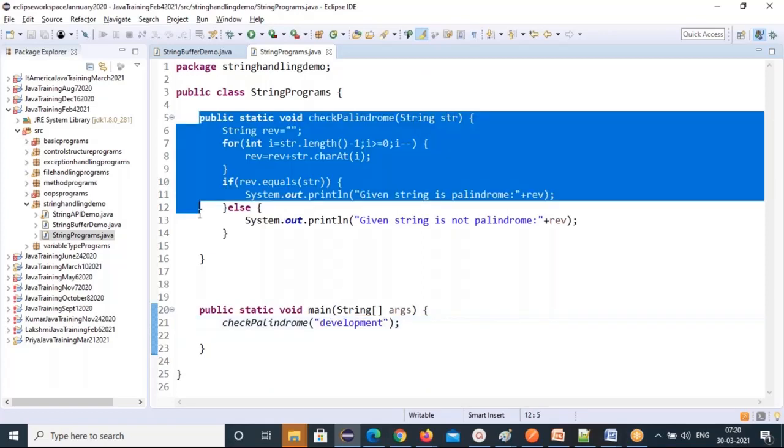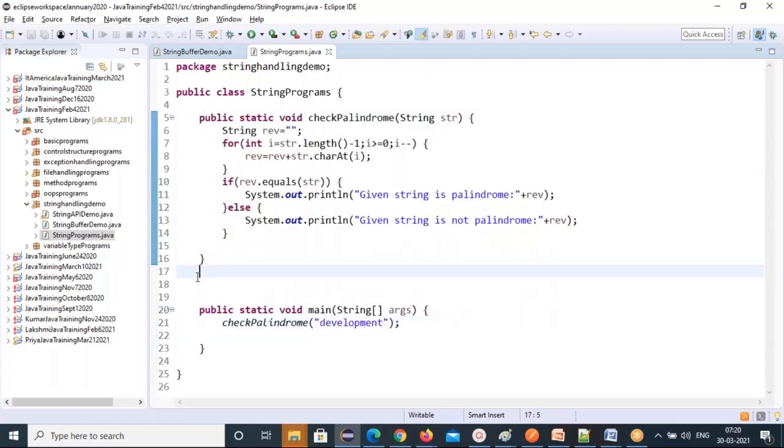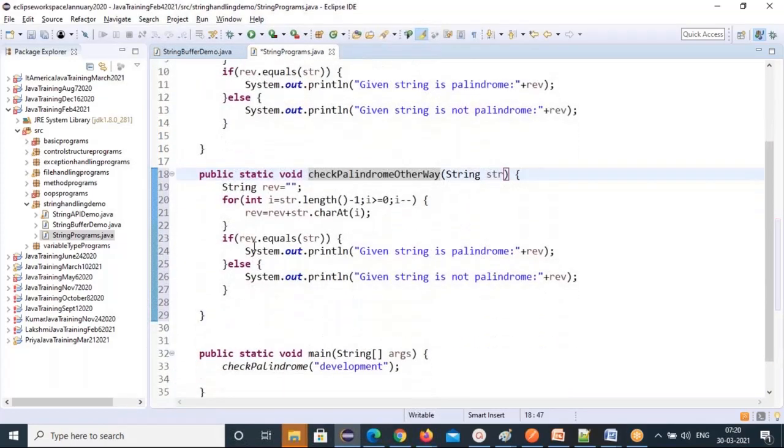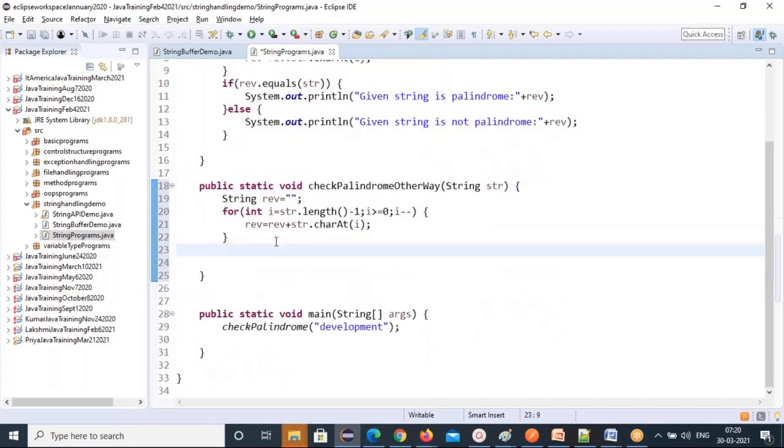Yes. So let me improve this. What we can do, let me do that. The other way they ask, so what is the other way? I don't need all these things, this also I don't need. We need to change our loop. I can declare one boolean value, boolean flag equal to true. So boolean flag equal to true. I'll say integer i equal to 0, so I'll start with 0.